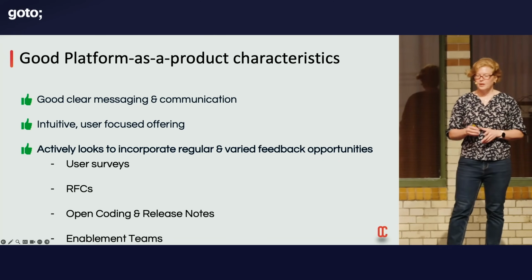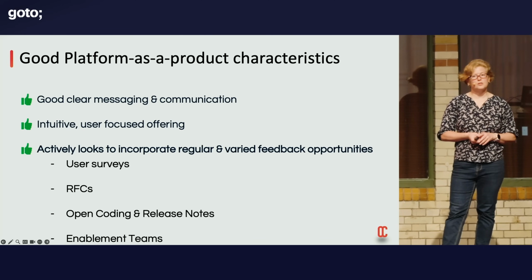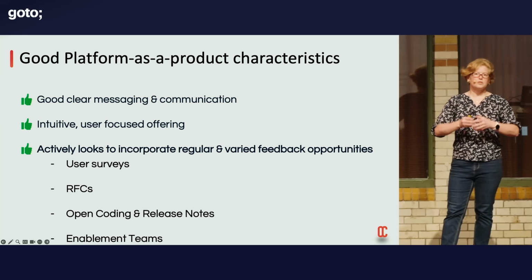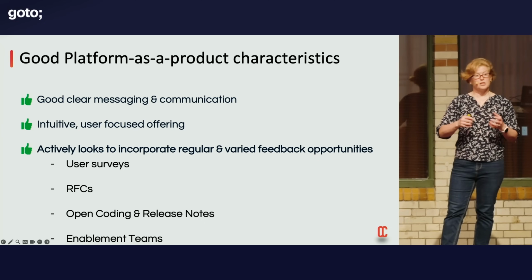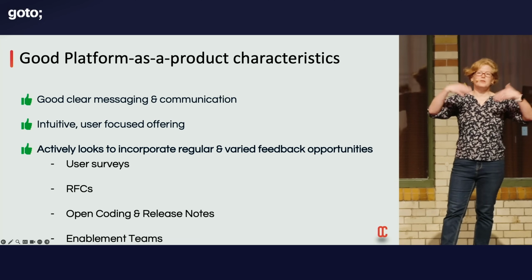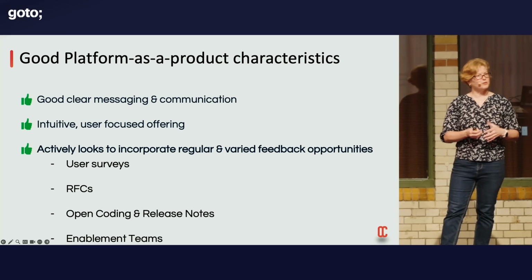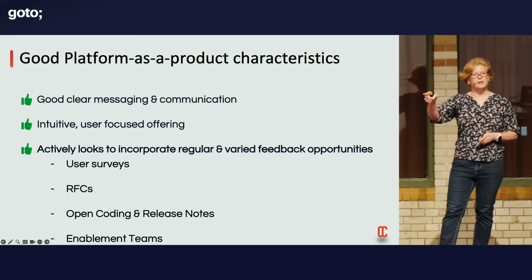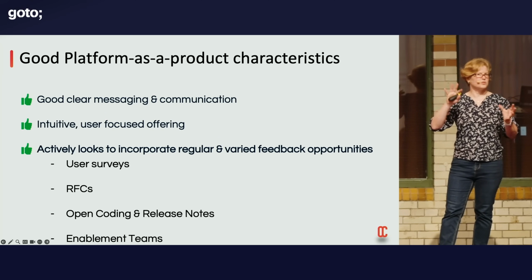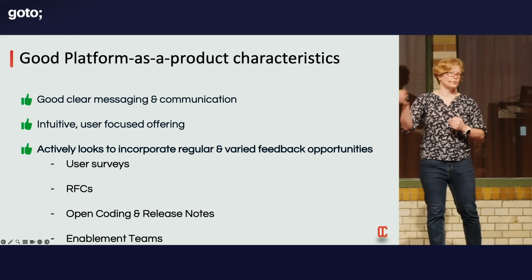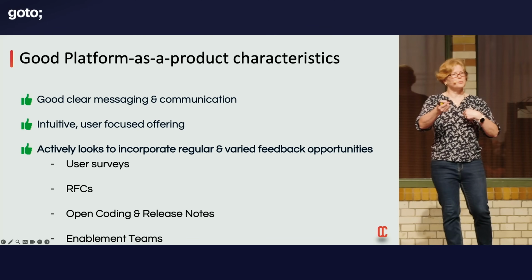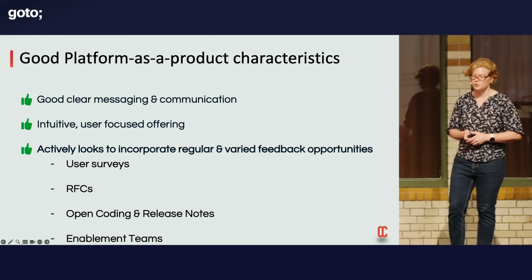Now, a good way, I think, to get some feedback is to use an RFC process. This is a request for comment. So if you want to offer a database as a service as a next feature, you can say, well, this is coming up in Q3 or Q4 of your roadmap. Publish it as an RFC and allow your users to comment on it. What you might find is that people will say, oh, actually, I need that, but the design that you've got there is not quite going to cater for my needs, so can we think about incorporating this aspect or that aspect? Then you've suddenly got this feedback loop, which is really engaging your users.